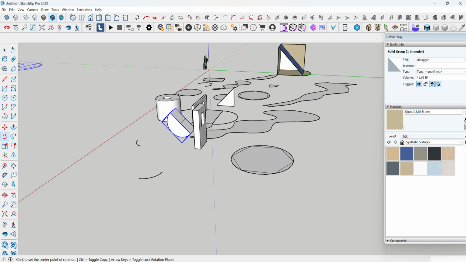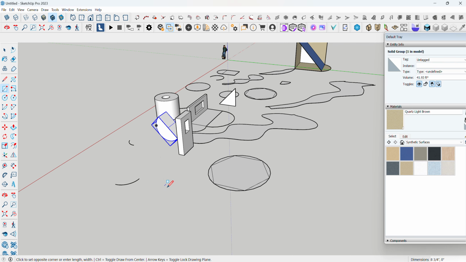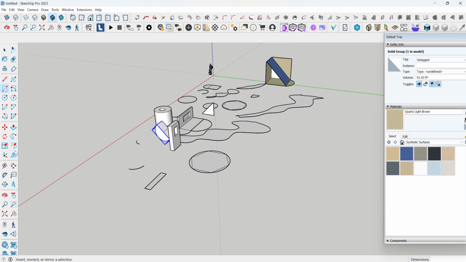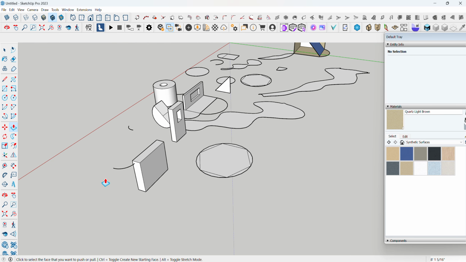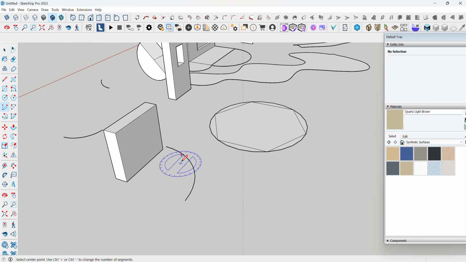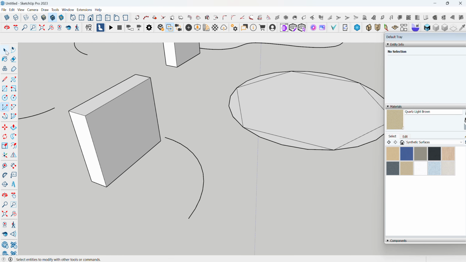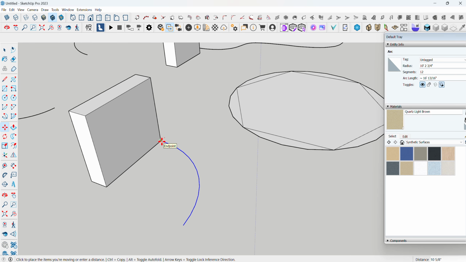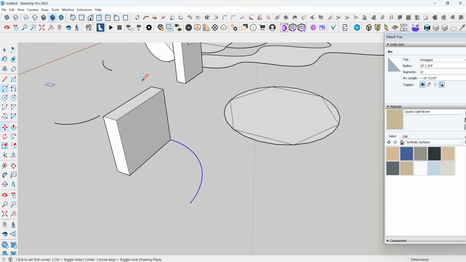After rotating, we are having the follow me option. It is a very interesting and important part of SketchUp. Suppose I have an arc like this, and I want to move it to this endpoint, and then I'll create any